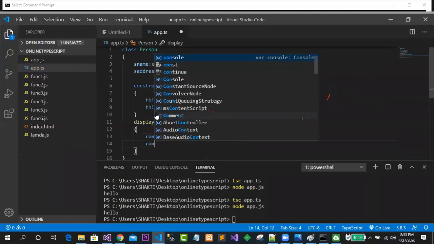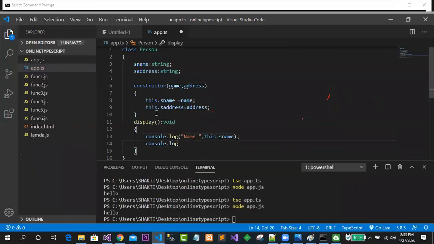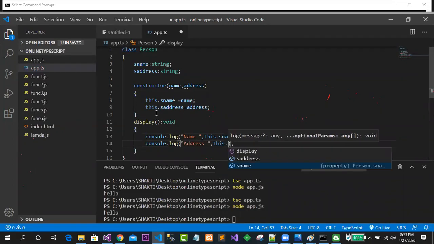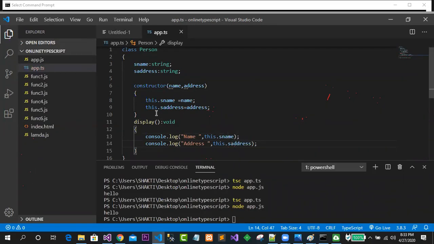After that, I can go for console.log again, and in this case the address, this.address. This is great.